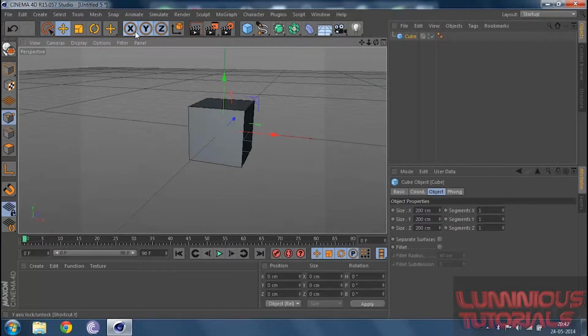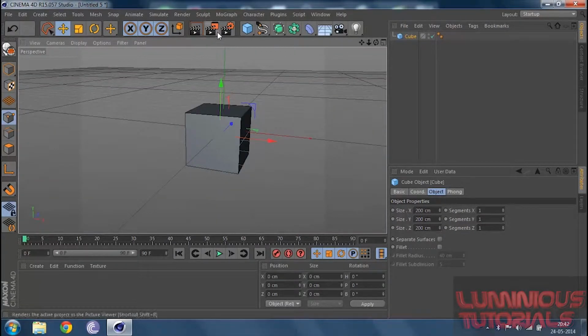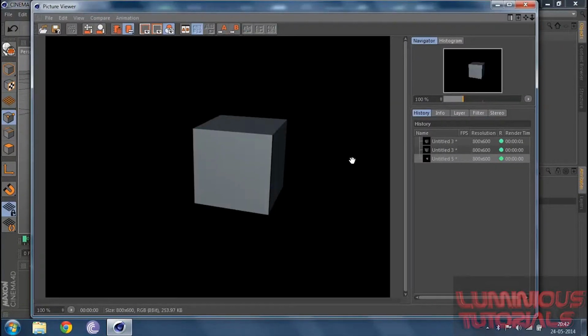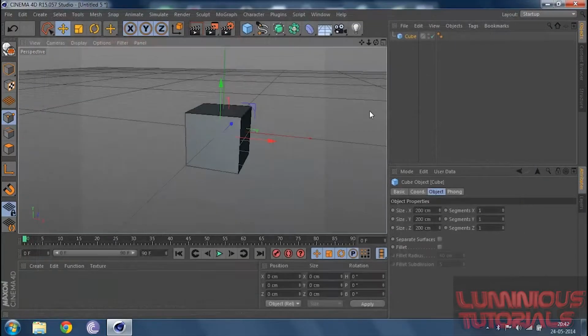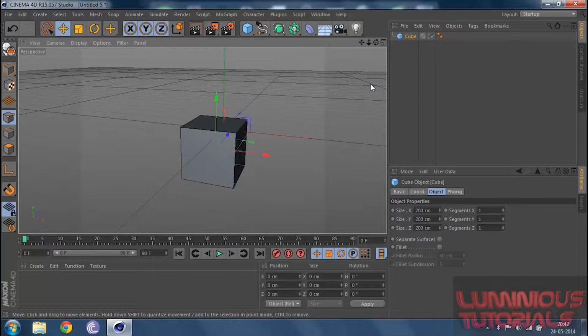I want to skip over these tools right now, I mean the XYZ that you see, and I want to start with the render view. If I click on render view, I get a proper render view at the particular frame set. So this is what my render exactly looks like. Then I've also got something called a picture viewer. I can simply click on it and get a picture view. Now let's close this. Also, the shortcut for your render view is Ctrl R, and picture view is Shift R.